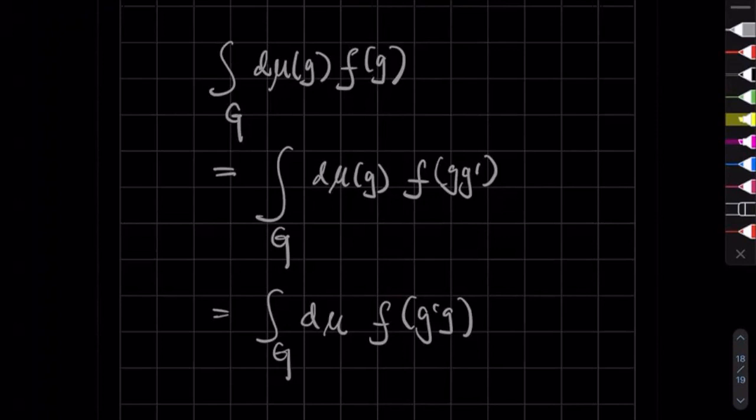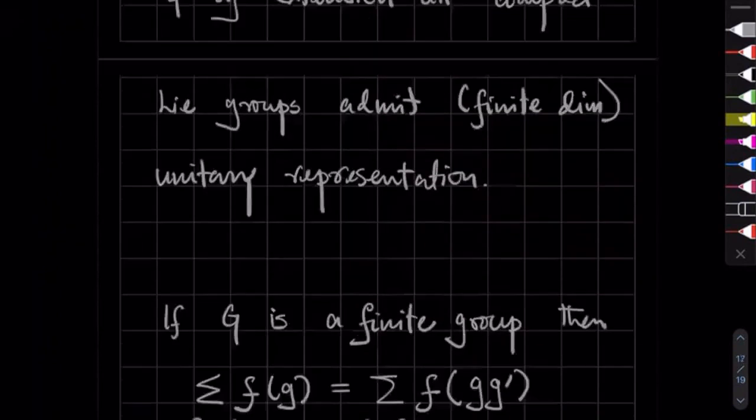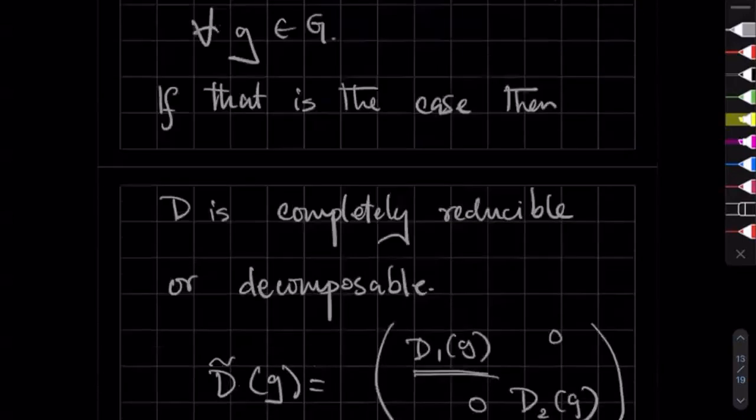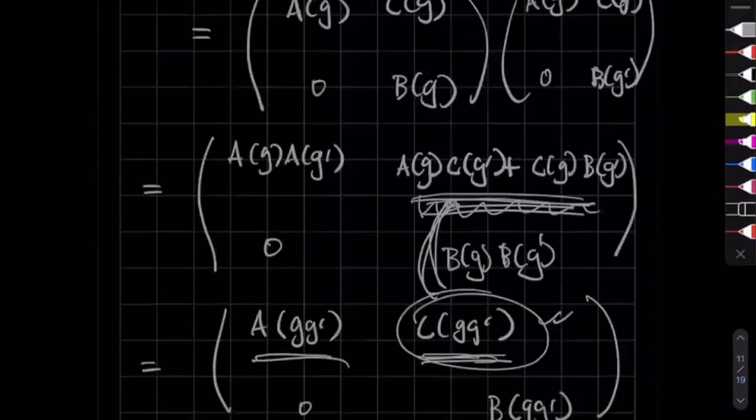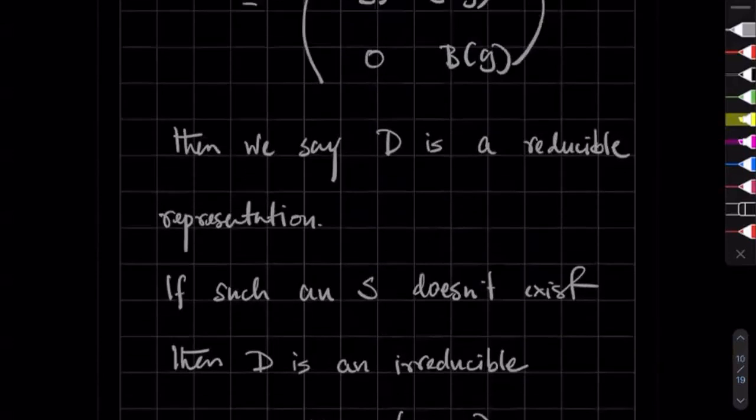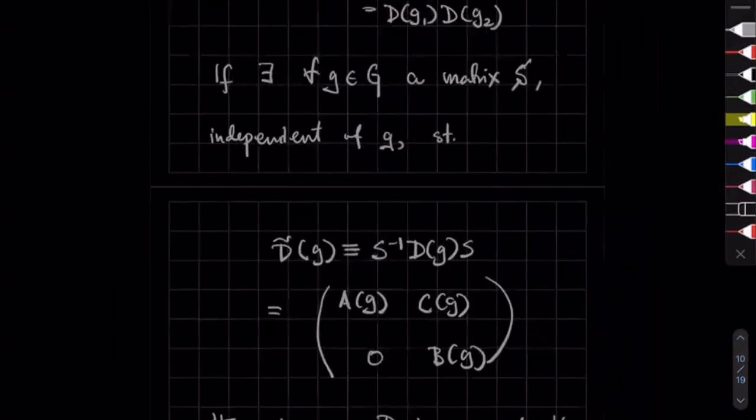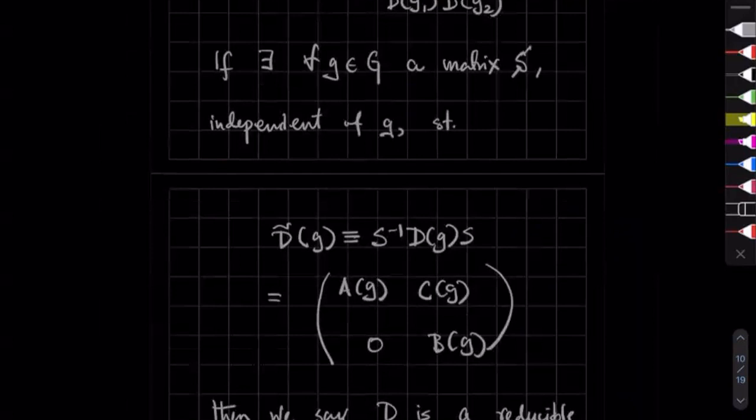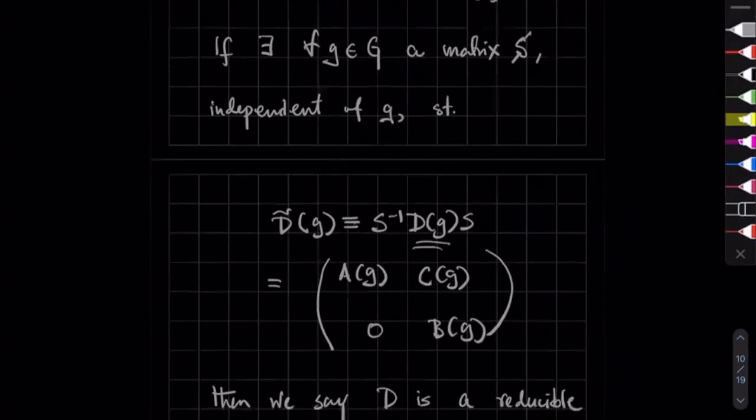Yeah. I missed what S was in the explanation of reducible representation. Right. S is a similarity transformation. S is some matrix, which is not dependent on G. If S exists such that the representation can be put into this form. Okay. Why is this? Because we know that matrices are linear,